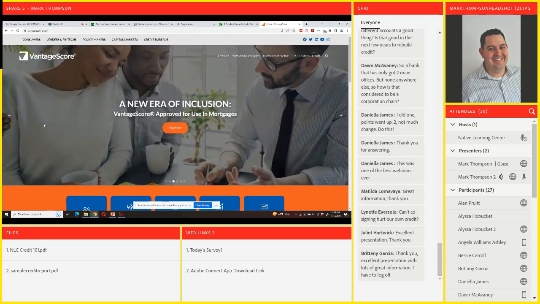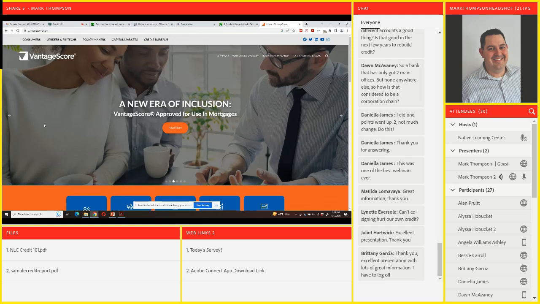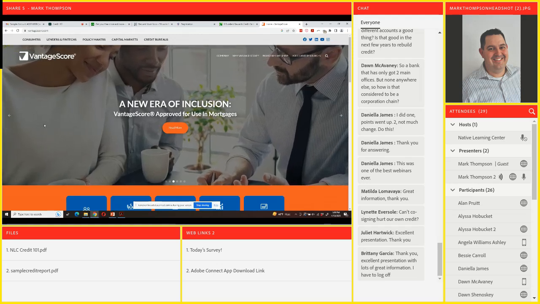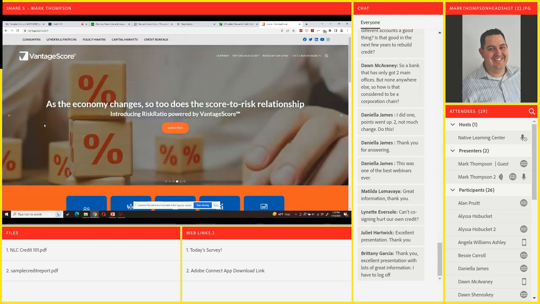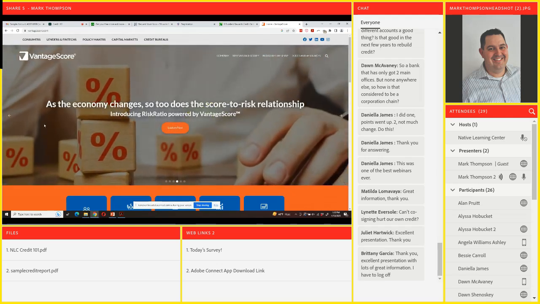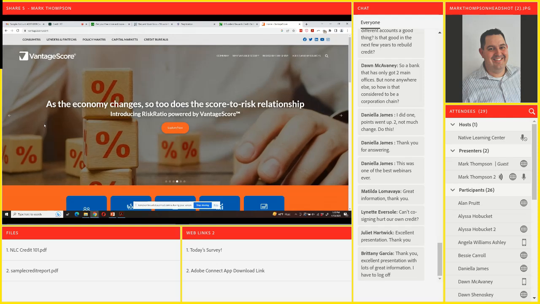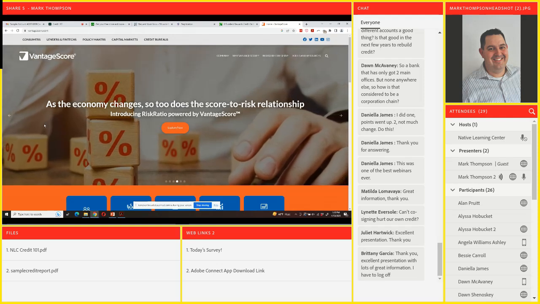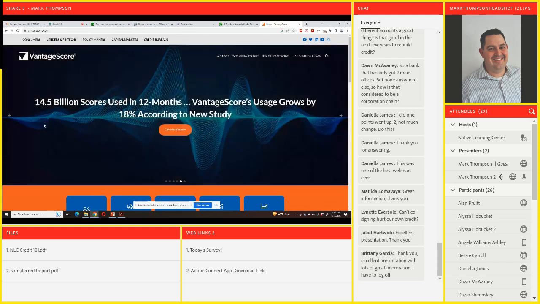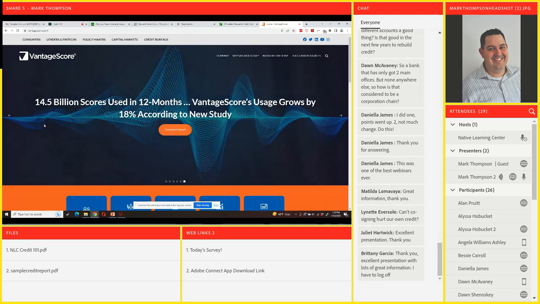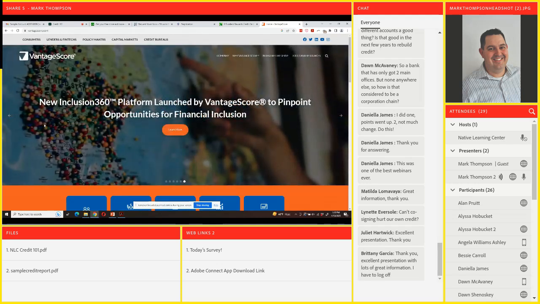It's a different scoring model, but it gives you a very similar score to what FICO would give, and it's close enough. It still gives you the things you need to know to improve your score: payment history, utilization, all those things that we talked about. So it's good enough, right? If you see that you're excellent on the Vantage Score, chances are you're going to be excellent on FICO as well. That's all the Vantage Score is, just a different scoring model. Let's see.